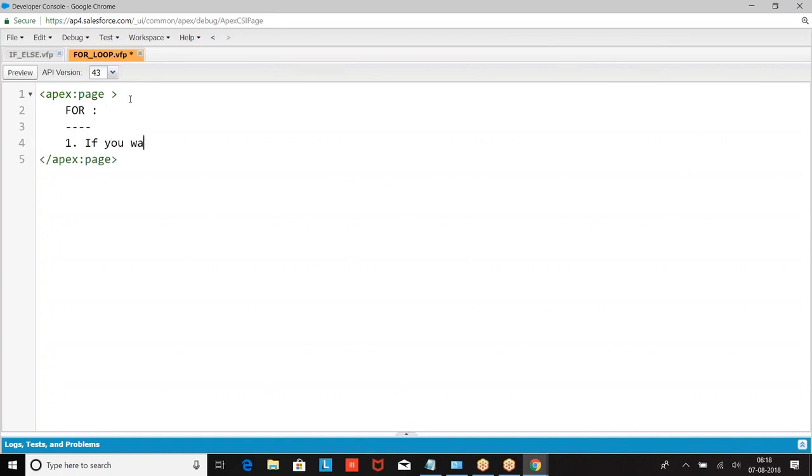If you want any action, any set of statements to be executed recursively, then we use